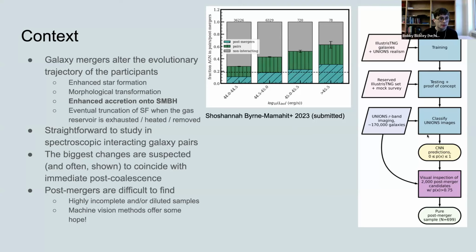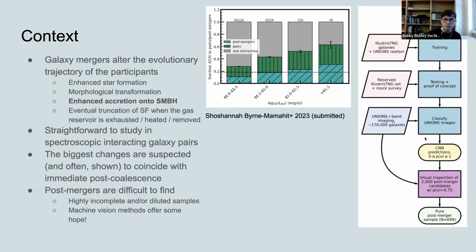And on the right-hand figure here, this is one of my own. This is from, I believe, my 2022 paper on mergers and star formation, but this is showing the way that we have been identifying post-mergers for these studies. There are a lot of layers to this, and we have these selection effects that I was talking about, but we've really done our best to find a balance of identifying a relatively complete sample and a sample that is pure, so not seriously contaminated with galaxies that aren't post-mergers or galaxies that aren't merging at all.